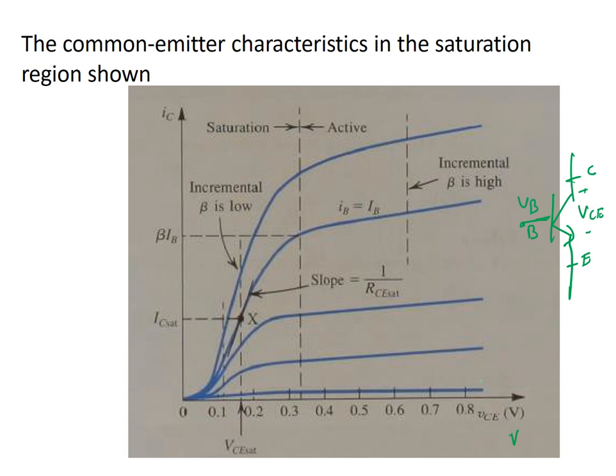So we can actually make the relationship between the IC value and the collector emitter voltage. As we increase the collector emitter voltage, these are the changing IB value curves. Let's say, for example, I have a fixed value of the collector emitter voltage, and I select an IB value of, say, 20 microampere. Then, going to this value of the collector emitter voltage here, we can calculate the corresponding IC value. So basically we can derive three regions here.